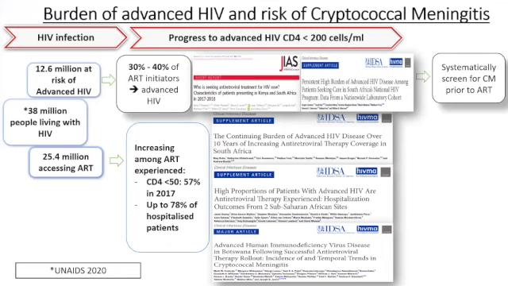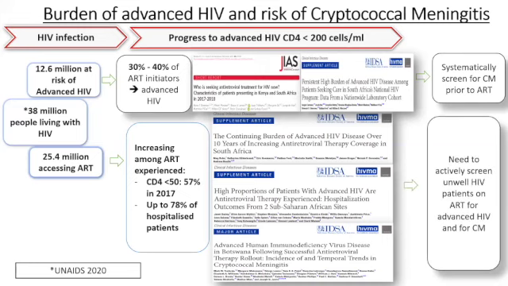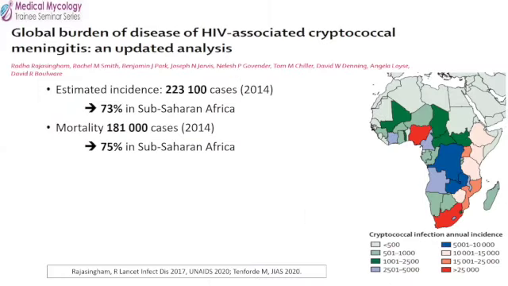And this up to about 4 out of 5 of them in hospitalized patients with HIV on antiretroviral therapy are presenting with advanced HIV, which brings us to the situation where we have to say there is need to actively screen all unwell HIV patients who are on ART in search of advanced HIV, and given our current discussion, looking for cryptococcal meningitis. When we look at the burden of HIV-associated cryptococcal meningitis, it was estimated at more than 223,000